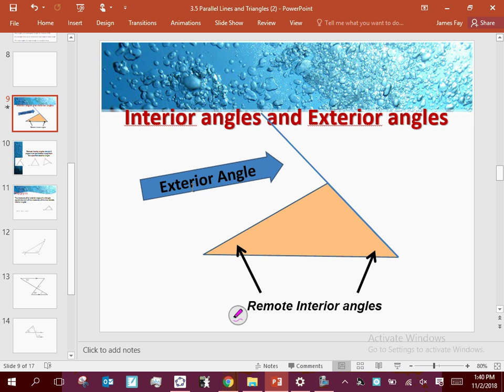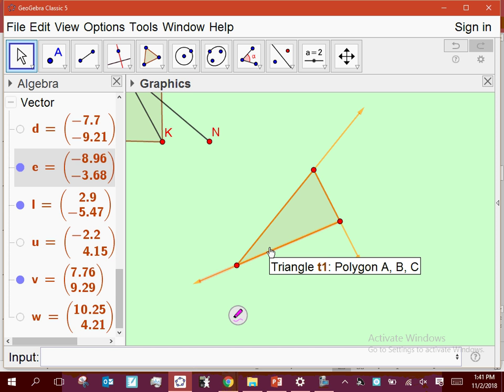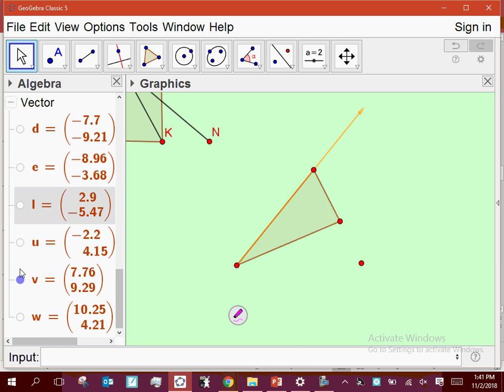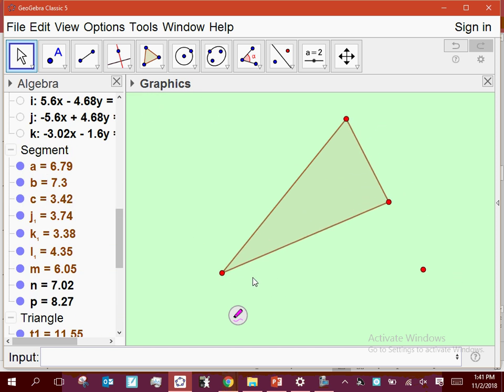Would you agree that of my triangle, those 2 angles are the ones that are furthest away from the exterior angle? Basically, if I look at an exterior angle, the remote interior ones are the ones that are non-adjacent. Where my cursor is would be the one that is adjacent to it, right? So the remote interior ones are the non-adjacent angles of the triangle to that exterior angle. Now that changes, because if I go back to this picture and describe these angles by numbers, this is angle